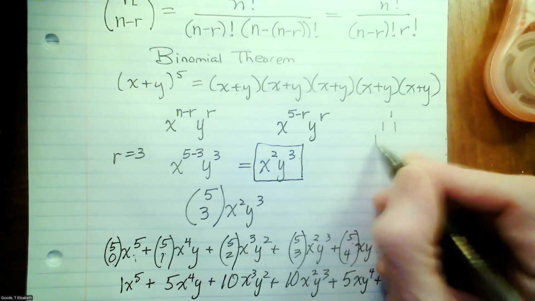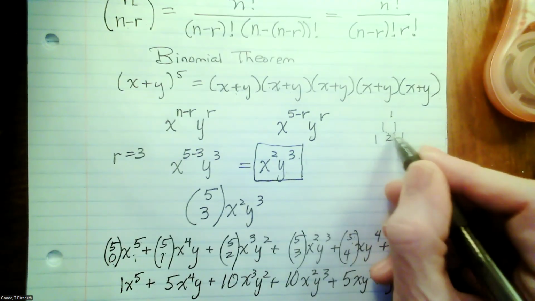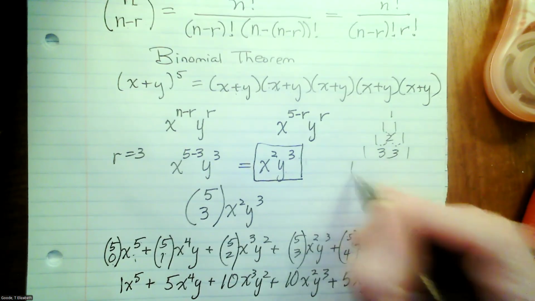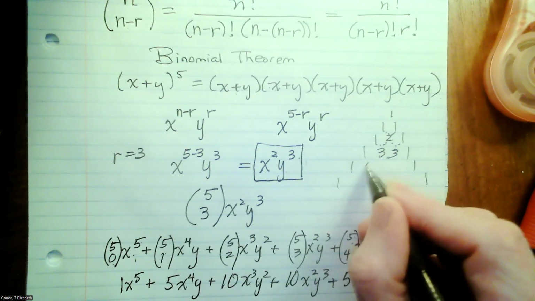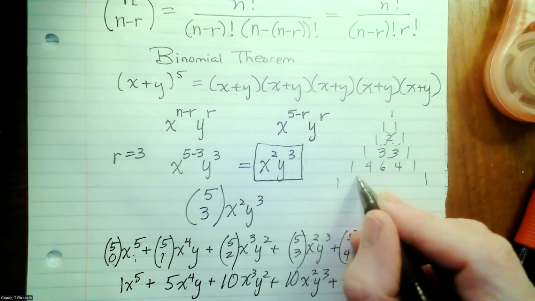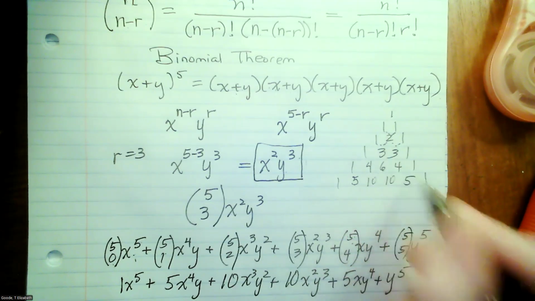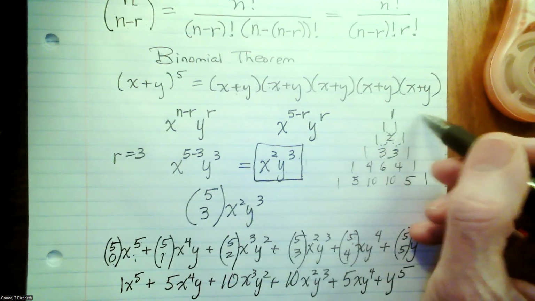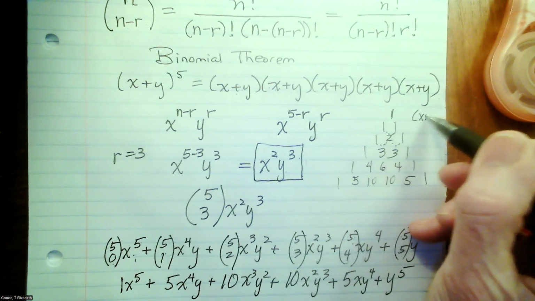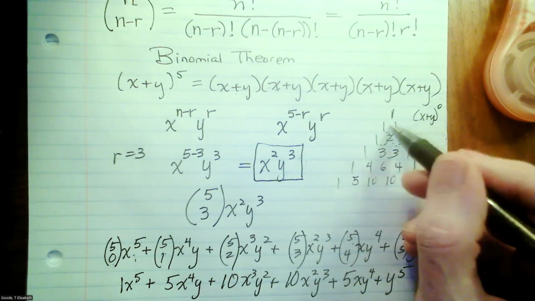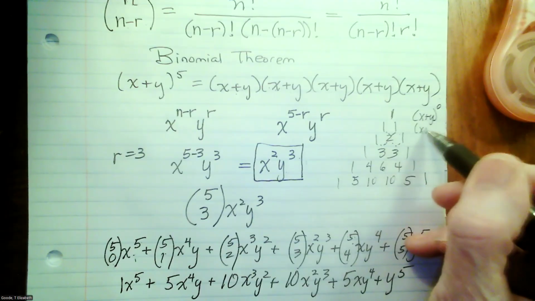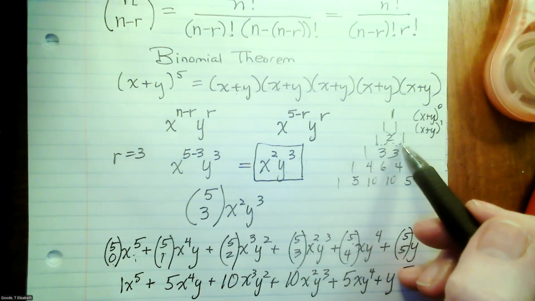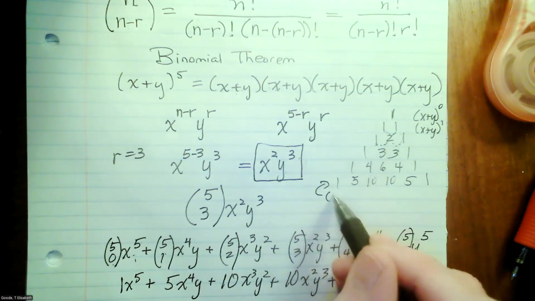1, 1, 1, 1, 2, 1. See, you add those to get the 2, and then you add these to get 3. So 3, 3. The 1s are always on the outside. And then this is 4, 6, 4. Remember this? 5, 10, 10, 5. These are the coefficients for (x plus y) to the 0. These are the coefficients for the x and the y when it's (x plus y) to the 1. These are the coefficients for (x plus y) squared, and these are the coefficients for (x plus y)